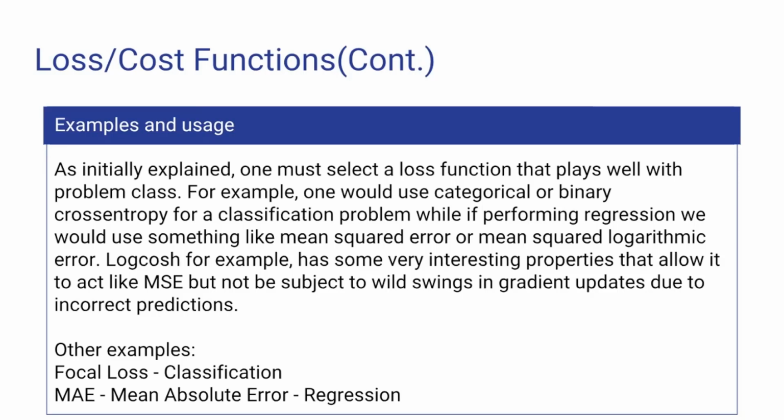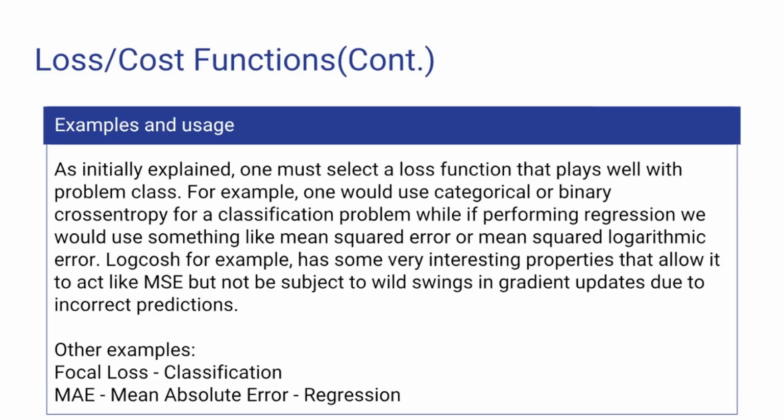But something like log cosh in regression, for example, can take the best of both worlds with respect to MSE. What log cosh essentially does is act like MSE, except when you have an incorrect prediction, which can throw off MSE quite a bit